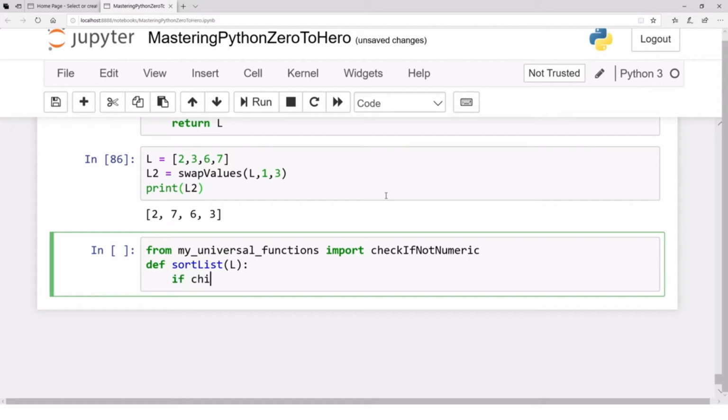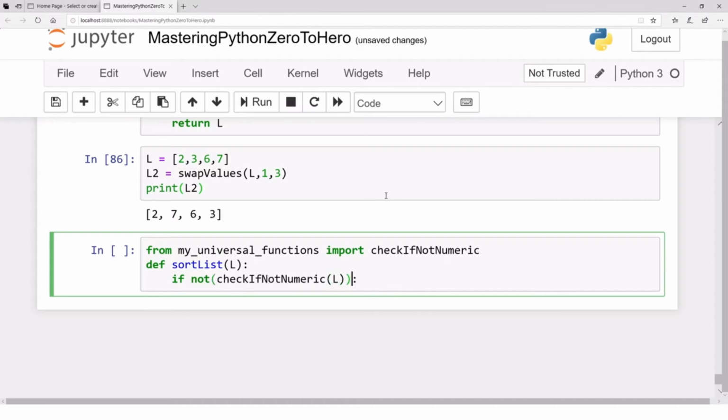If check if not numeric list. Remember that function returns true if all the values are numeric, otherwise it returns false. So if it is true, then move on. If it is not true,